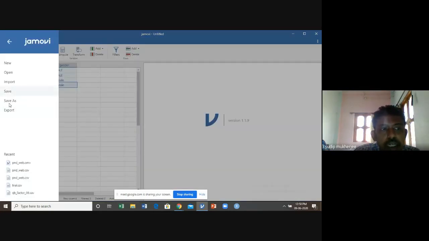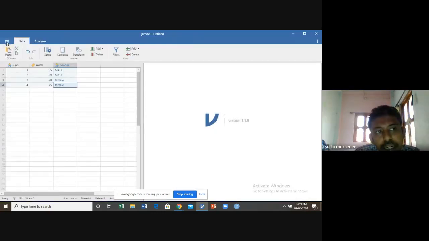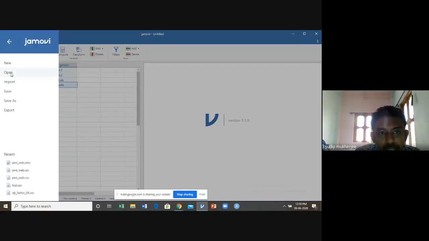We just follow these steps. Just click on the 3 lines. These are the options available. What is our objective? We try to open a new file, open new data. So we just click on open. Under open, these are the available data sets in Jamovi or already used in Jamovi. You can also open your data from any drive, D drive, C drive, E drive. For that purpose, you just click on browse.